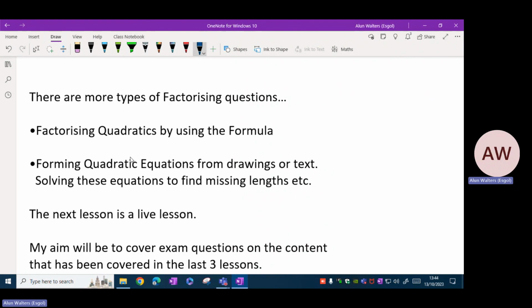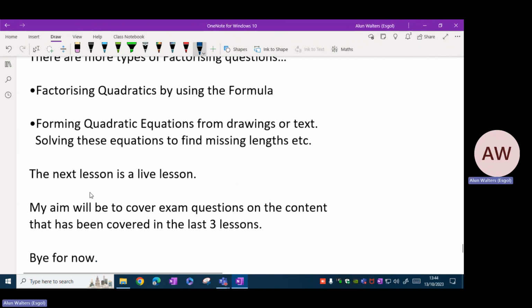So there's many types of factorising questions. What we haven't done yet is factorising quadratics using a formula. The formula that's shown on the front page of your exam paper. That's for the future. We haven't formed quadratic equations from drawings or texts and then gone on to solve them like I've solved the equations above. So that's for the future,